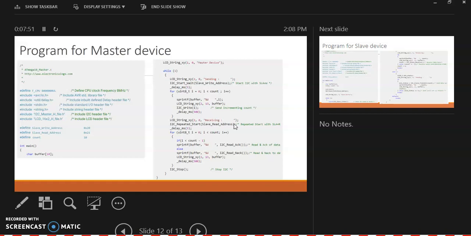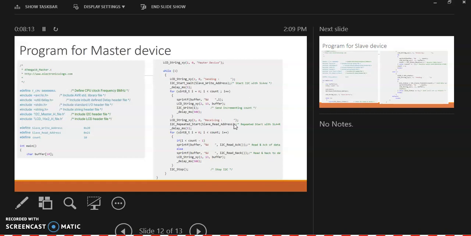As you can see, we have defined the CPU clock frequency as 8 megahertz. We have included the AVR standard library file, the built-in delay header file, the standard input output header file, and the string header file. We have also included the I2C header file and the LCD header file.